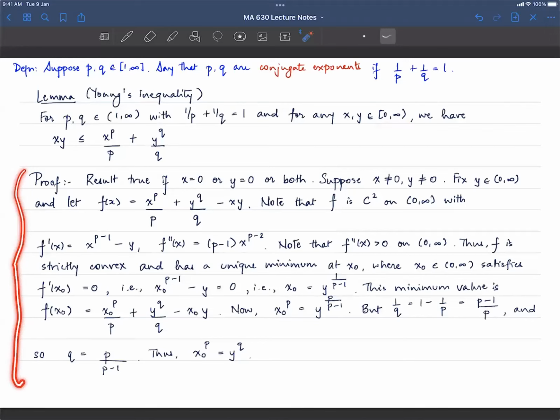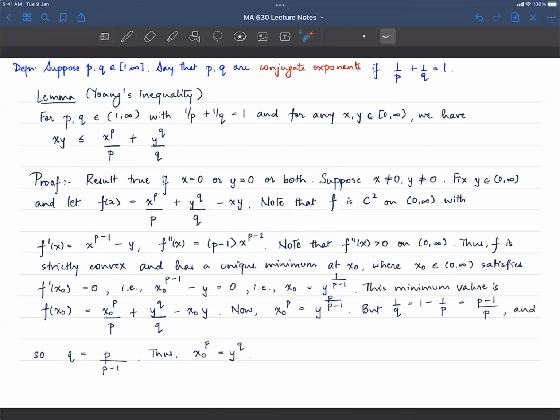I will leave it to you to read. Ordinarily, I might like to do it, but in the interest of time, it may be difficult to sneak all that in. This is just a calculus result. It uses certain basic properties of what you learned in calculus. If I give you a differentiable function, how do you maximize it? Well, you take its first derivative, you set it equal to 0, and so on. How do you minimize it? Same type of thing. All right, so I will leave this for you to read.